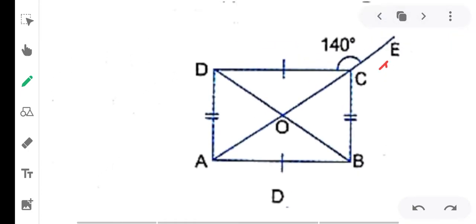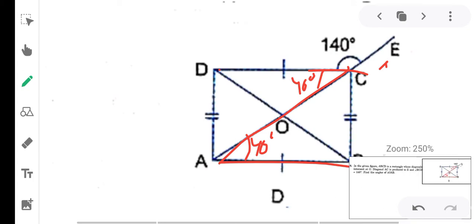This is 140 degree, then this is 40 degree. 180 minus 140, so this is 40 degree. Now DC is parallel to AB and AC is a transversal, then this is 40 degree. Clear? Okay, now if this is 40 degree and